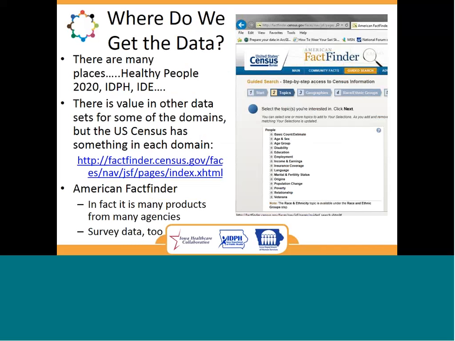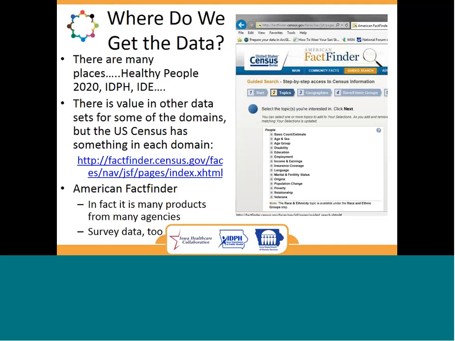But first, where do we get the data? We're going to get the data the same place Dr. Bruner did. There are many places you can get data, so I do not want to neglect any of them. Healthy People 2020, a great place. Iowa Department of Public Health, great county level data. Iowa Department of Education, I used to be an administrator there, great data at the school district level and sometimes the elementary